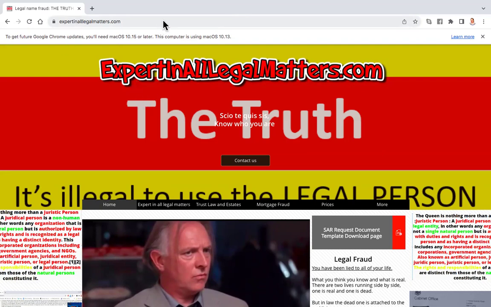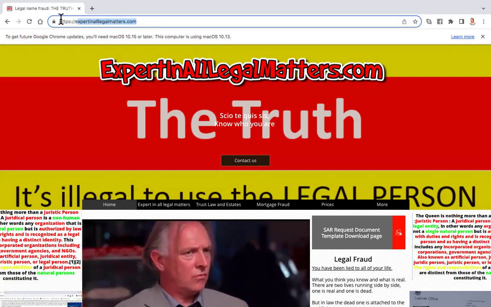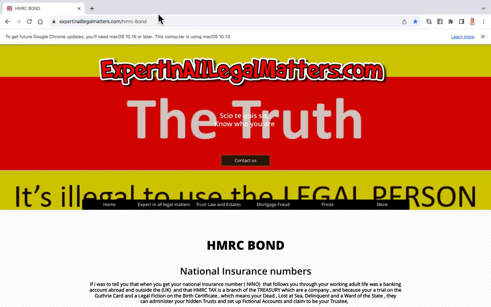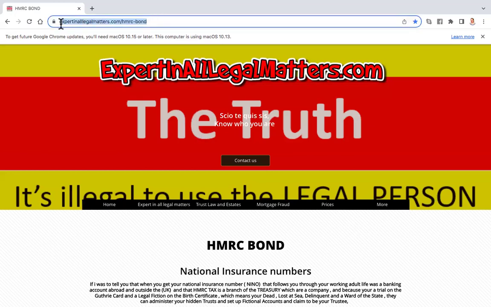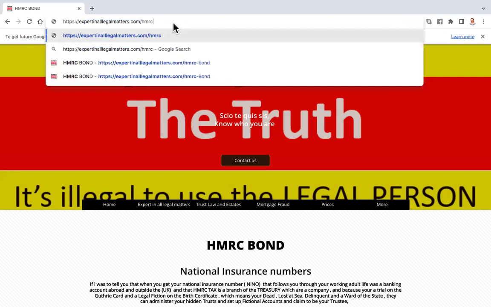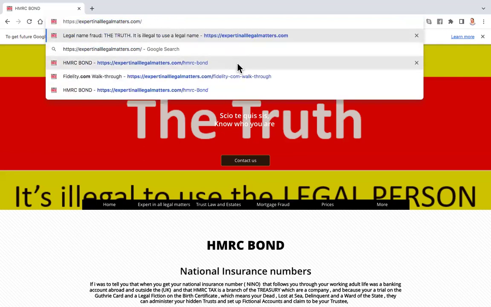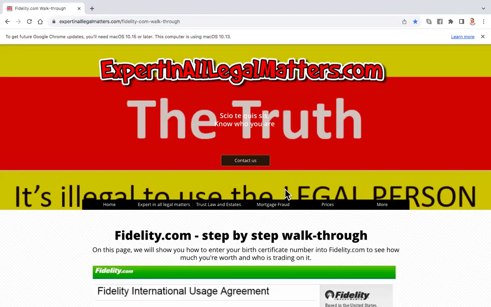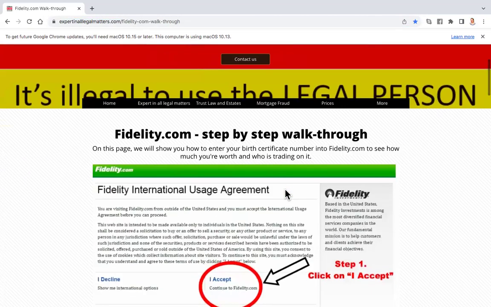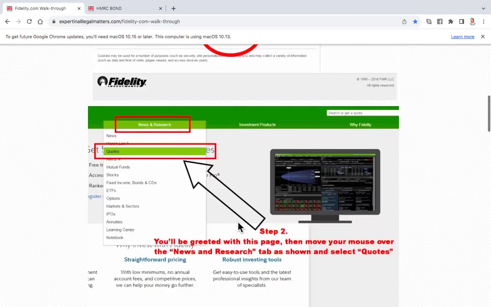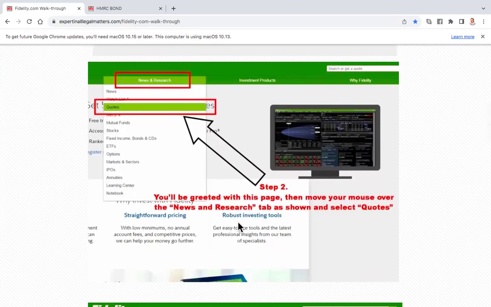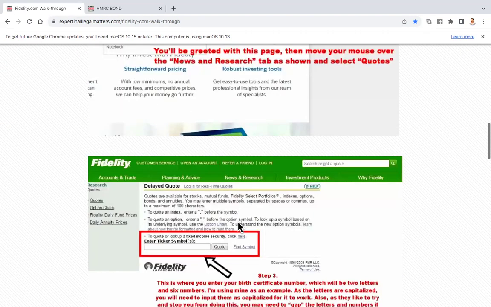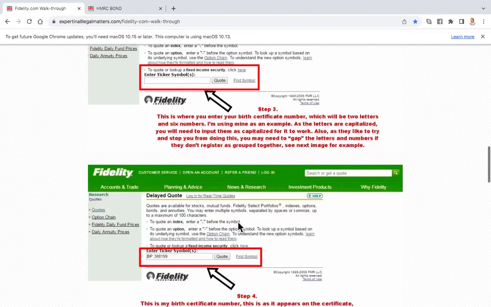So this website, expertinalllegalmatters.com, if you go through that, you'll be able to work out how many billions are in your name secretly securitized. There is another one called fidelitywalk.com walkthrough. This is part of working out how much you're worth. With this Fidelity one, you have to put a lot of hours in to work it all out. I did work it out,